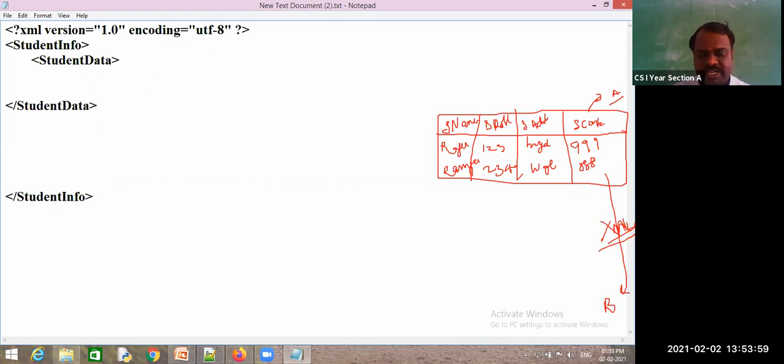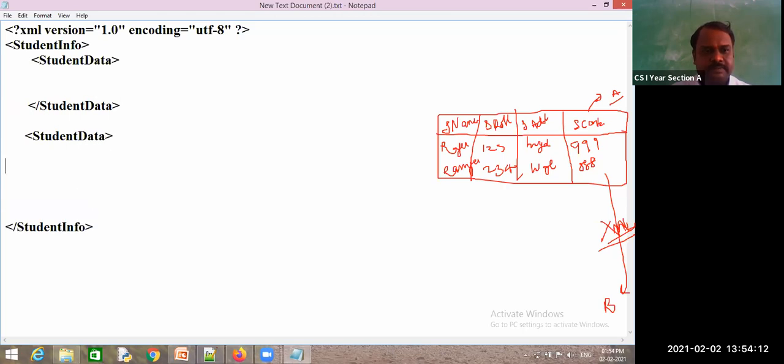This is the first student data. Similarly, I have another studentdata, and this is its closing tag. So these are the two students' information.